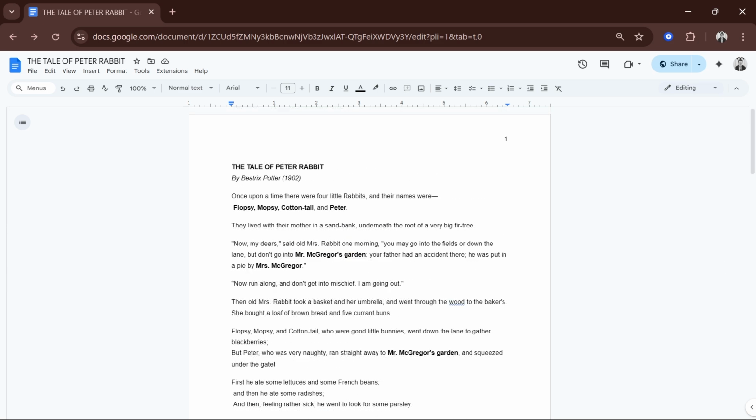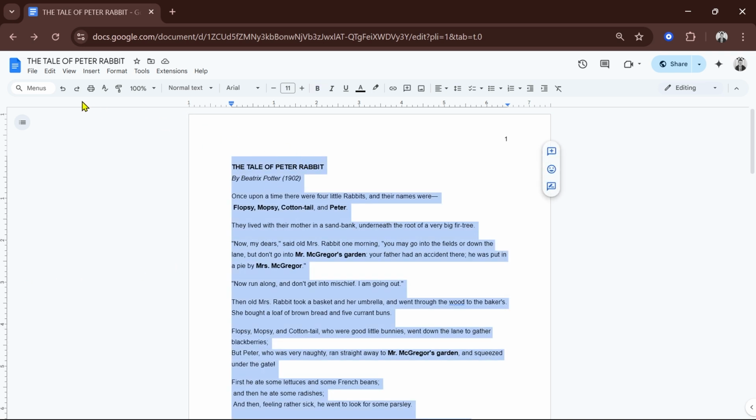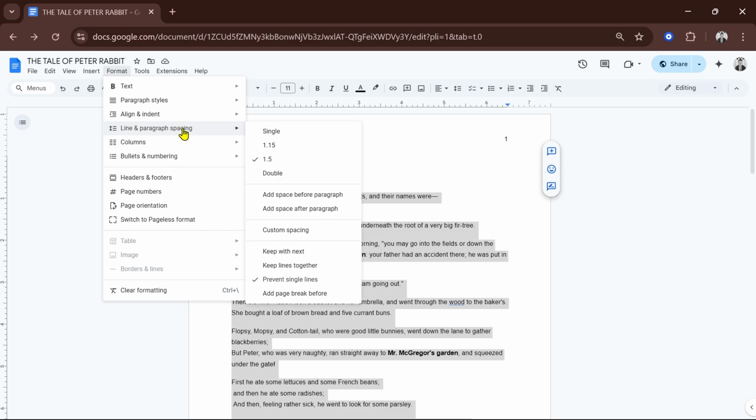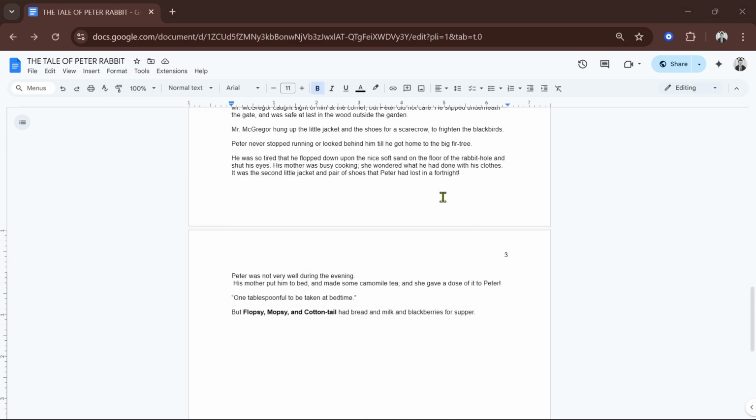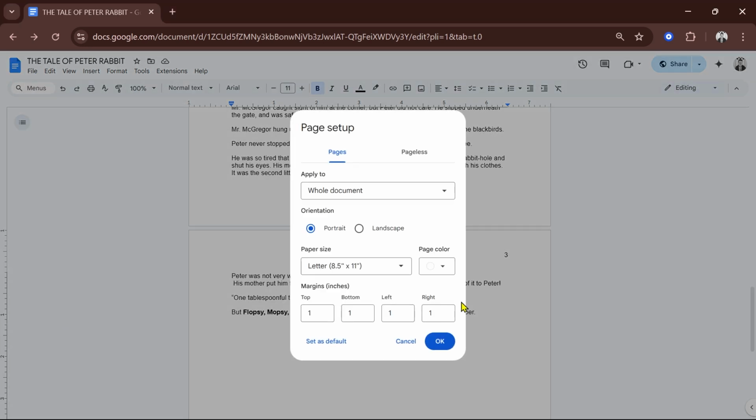Now, if say for example that doesn't work, what you can do is try this one here. So I'm going to select all here and then Format, Line and paragraph spacing, and then we can go ahead and choose Single. Now, the third method that we are going to do is by heading over here, Page, and